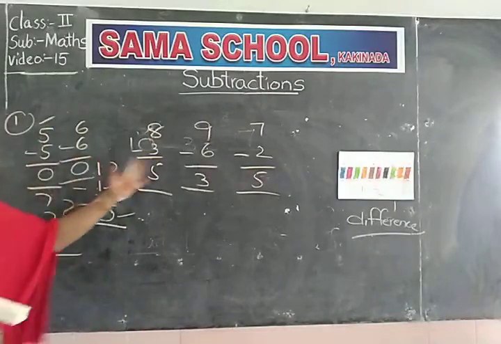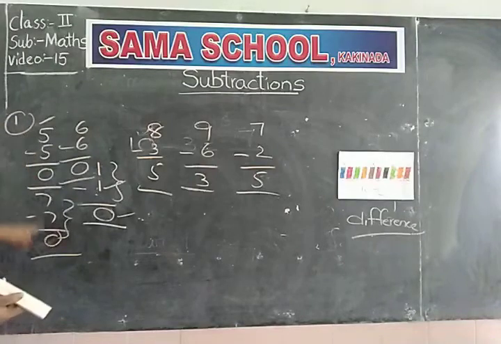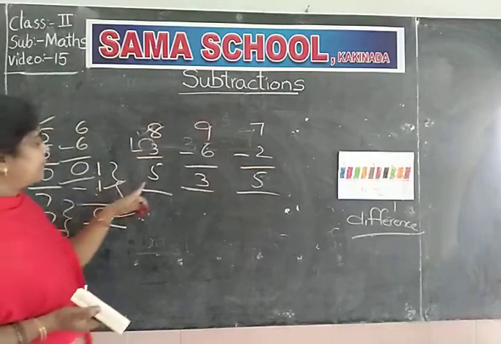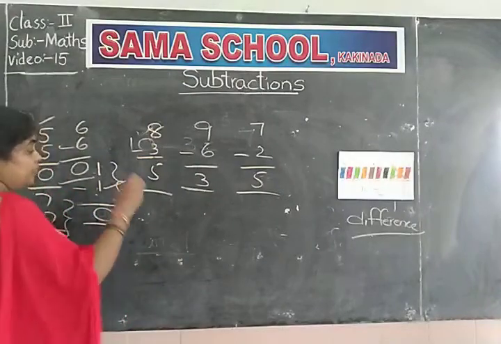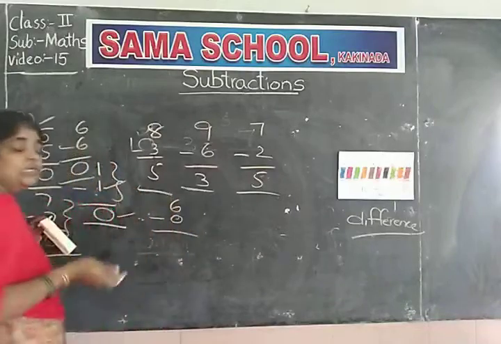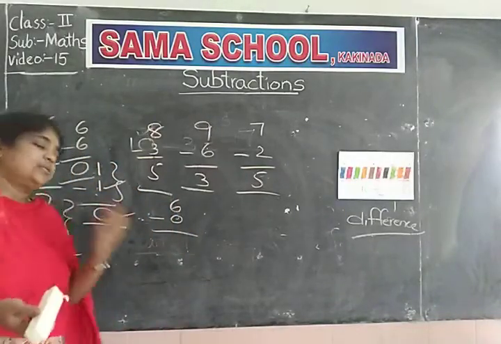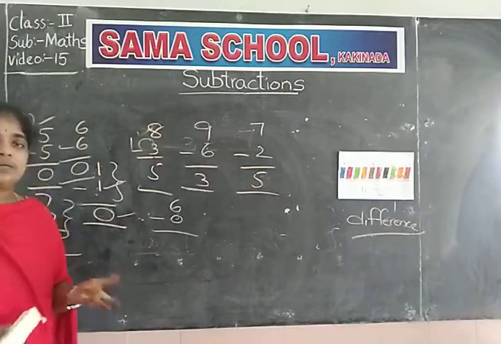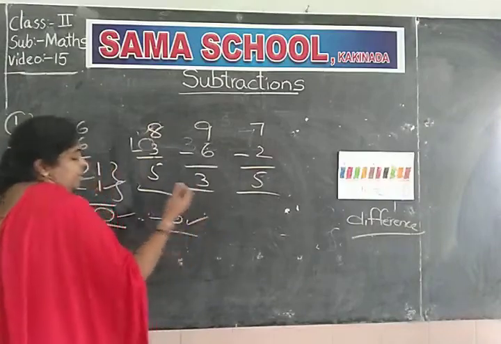In these cases, we can do the subtraction. We can subtract a number from the same number. We can subtract a small number from the big number. And we can subtract 0 also from any number. 0 means nothing. There is no need to give or there is no need to take away anything. So, we can subtract 0 from any number.